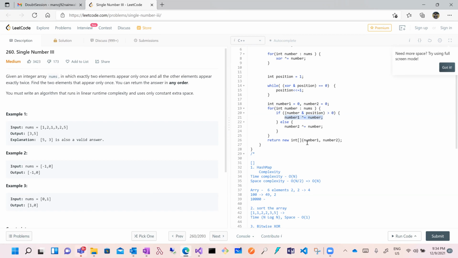In that way, here will come the numbers where the bit position is 1 and here the bit position is 0.